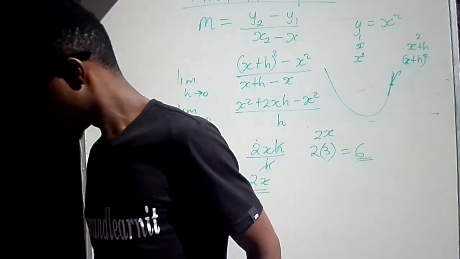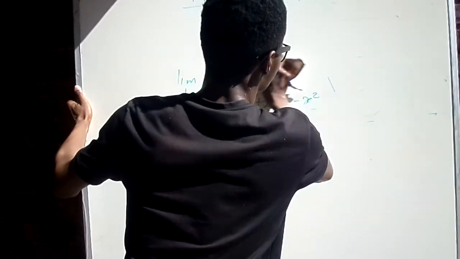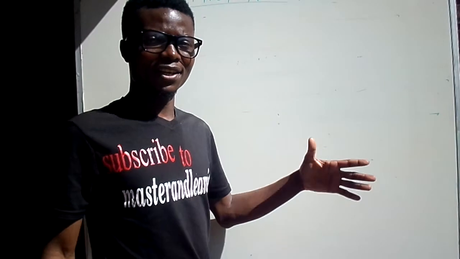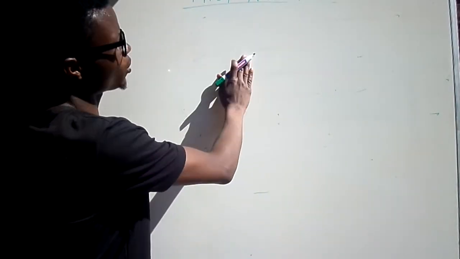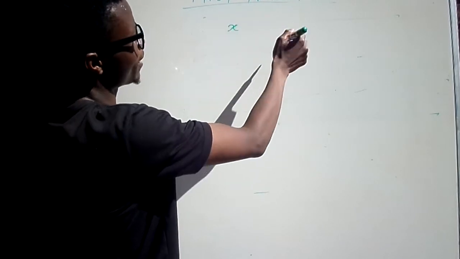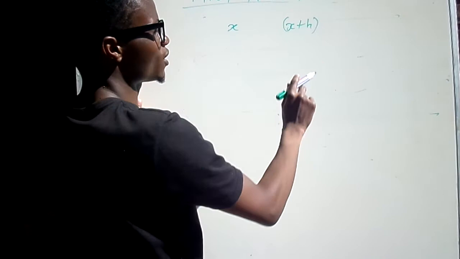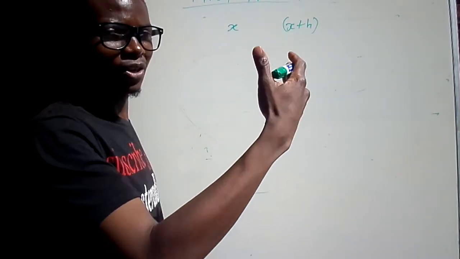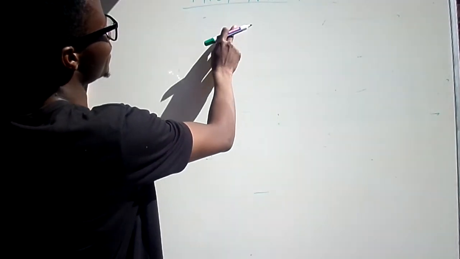So in conclusion, if you are asked to calculate the gradient from the first principle, you just need to go to your x1. On your x2, just write x plus h. This is the first thing you need to do. Then you have to calculate the corresponding y value. For example, you are given a function that says, suppose you have a